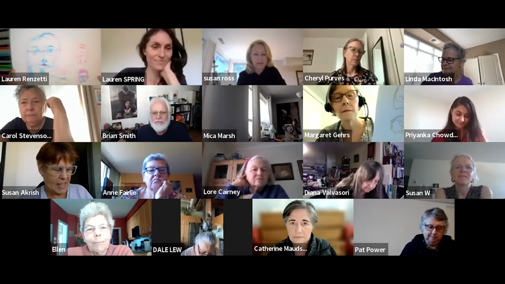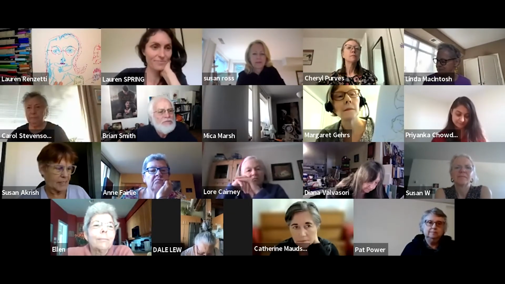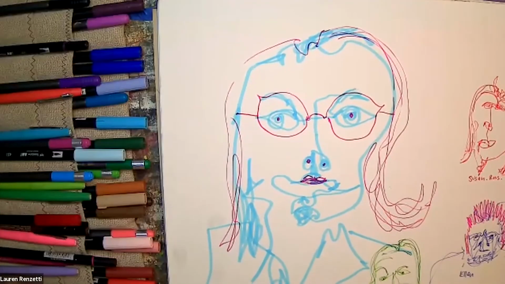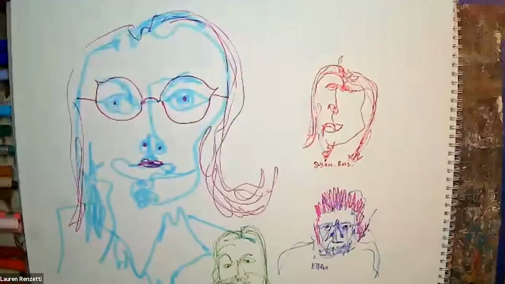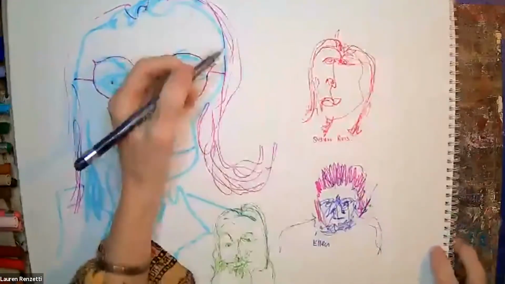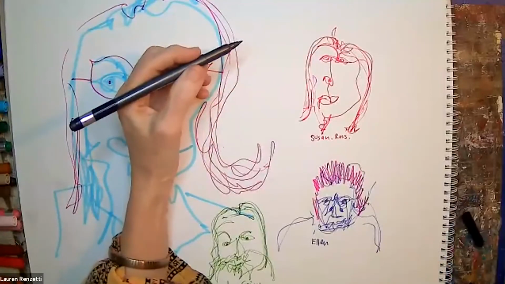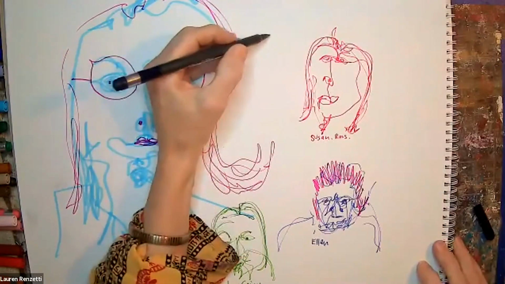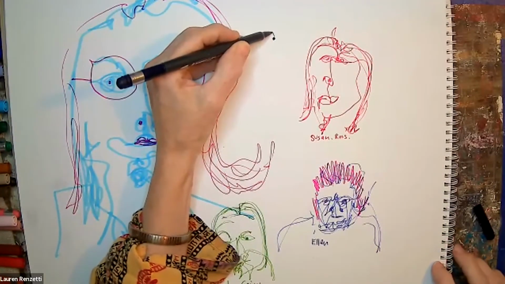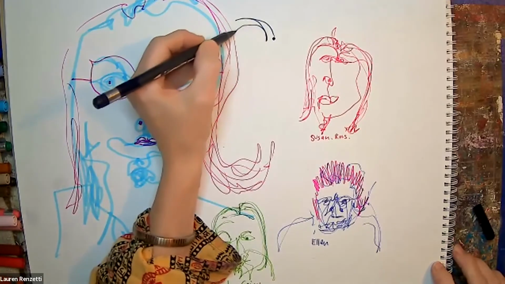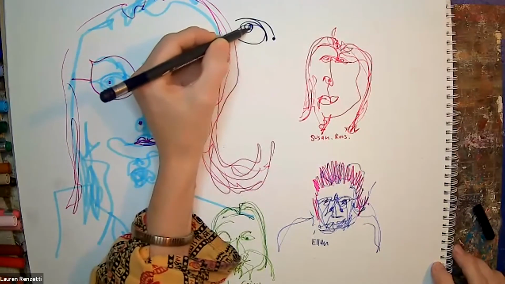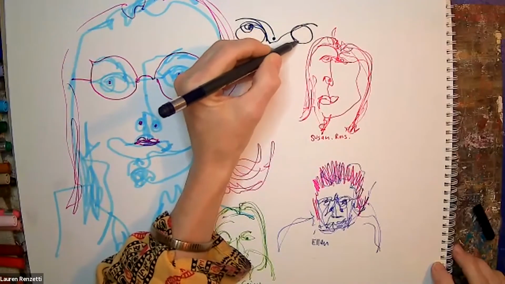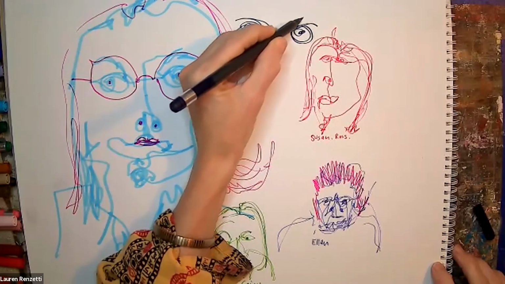Okay, well, what I'll do is, maybe if we can put it back into speaker view, I will draw with a totally different color here. And I'm going to just draw, let's see, whose face do I have in here? Okay. Lauren, I'll try and draw you. You're very tiny to me, but that's okay. And so I'm working with the eye. And so there is definitely a traveling thing that happens, right? In terms of creating the eye, the eyebrow.